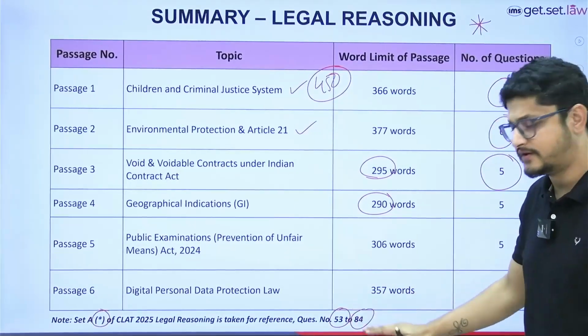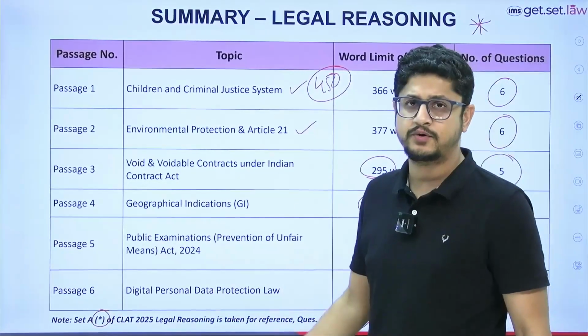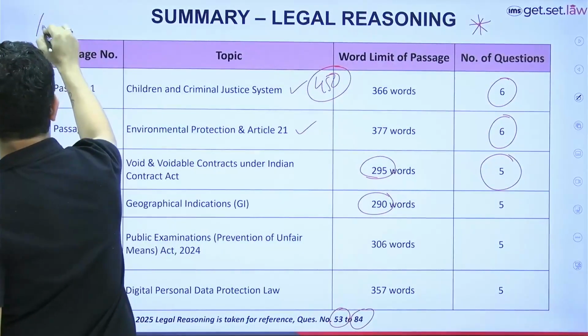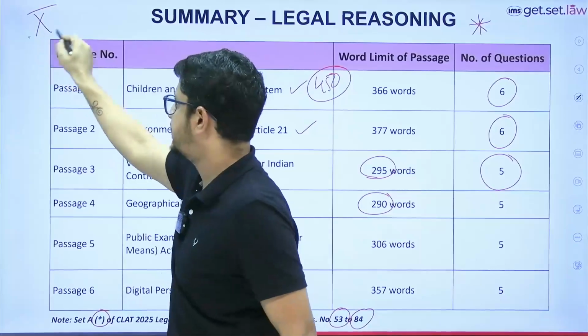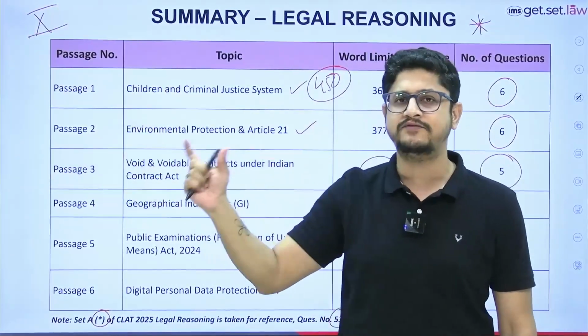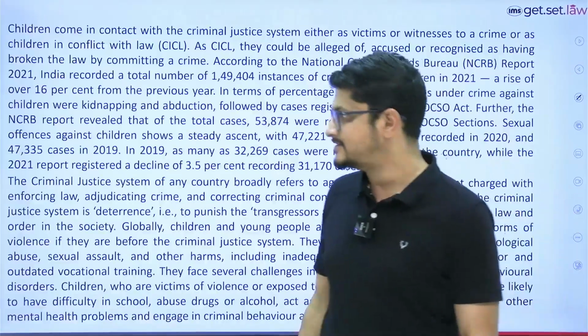I hope that everyone can see the footnote which is being written over here. So, starting with passage number 10. 10 means the Roman numeral X, the passage will start in set A. That is what you guys need to know. But I have kept the range between 1 and 32. चलिए. So let's start with the first paragraph.